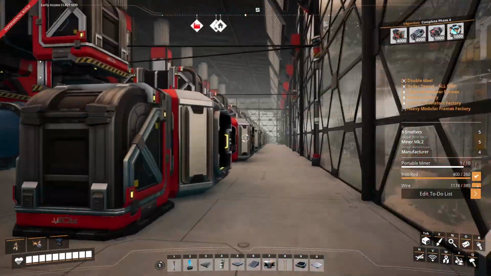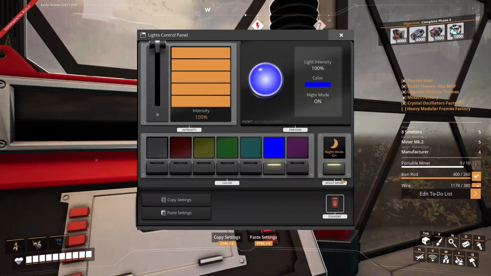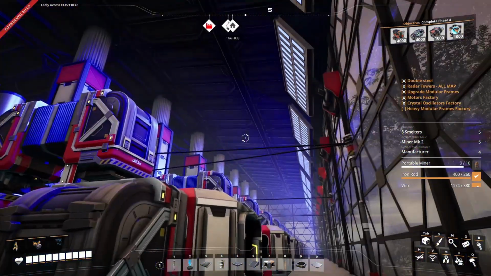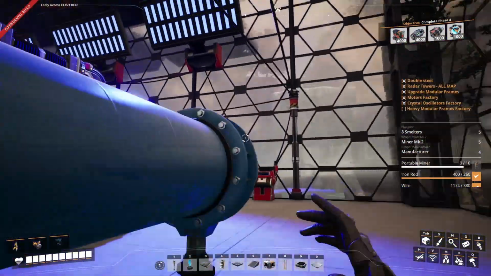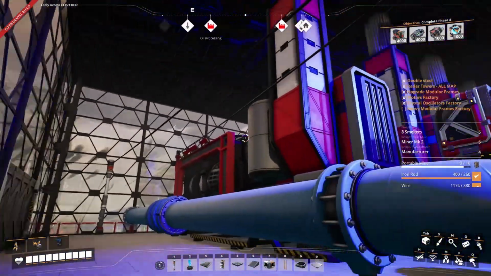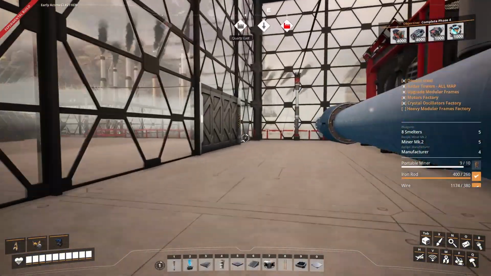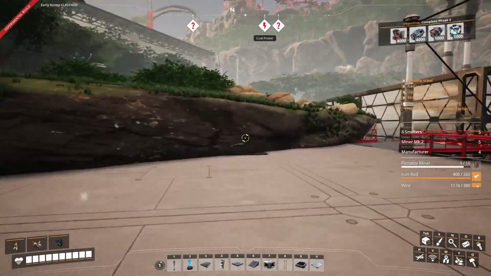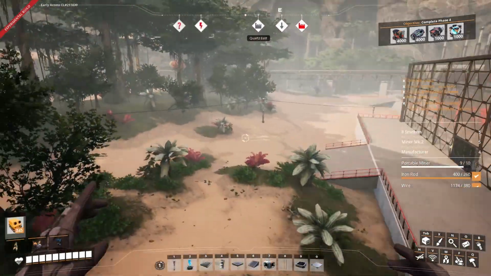This is the light control panel because we have lights. Actually, we can turn them on. Boop. Blue baby. They look really good. This one I think it needs another set of lights on the other side. The other ones have blue and it's way better. These are the other 2